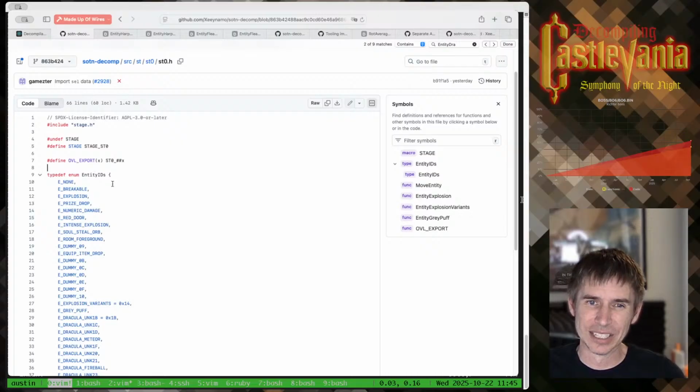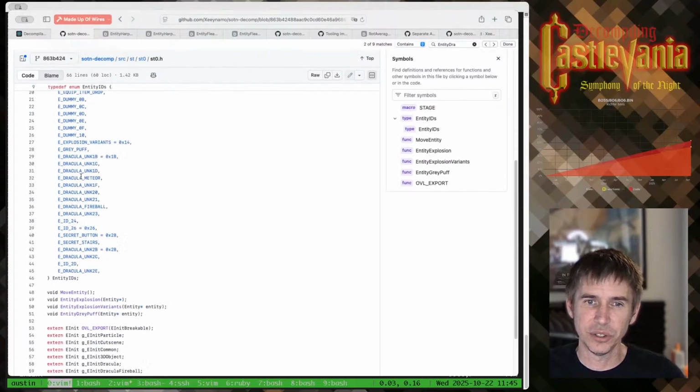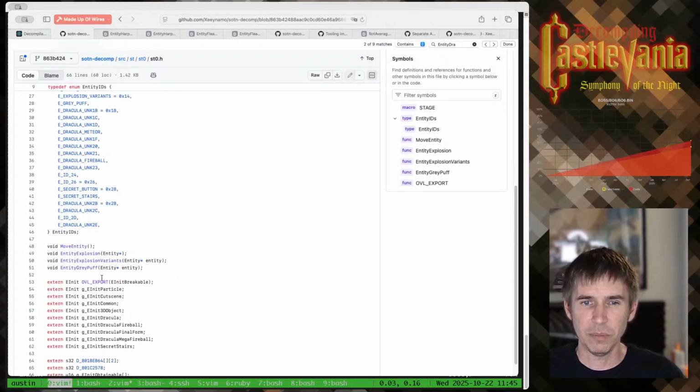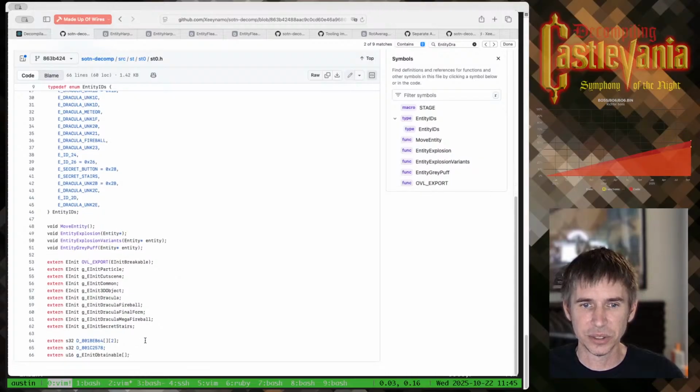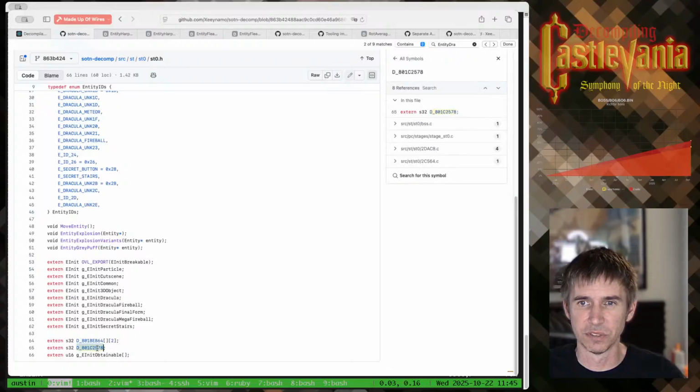There is always an entity IDs enum, and then there may be some declarations here. I like to actually keep as few declarations in here as possible, because most of the time, like this variable that we just saw,